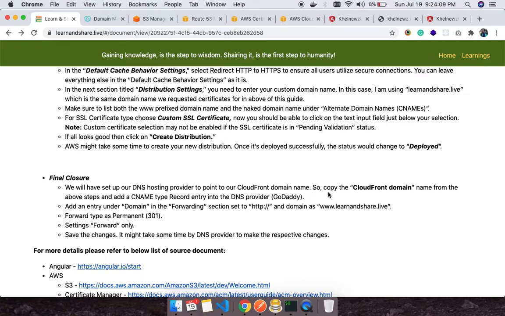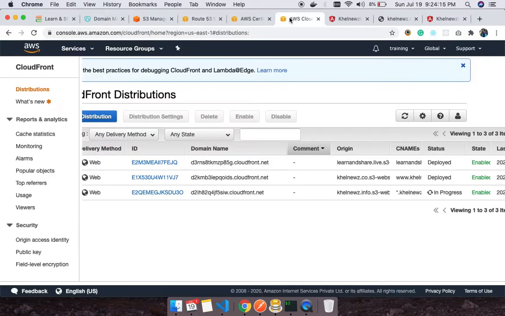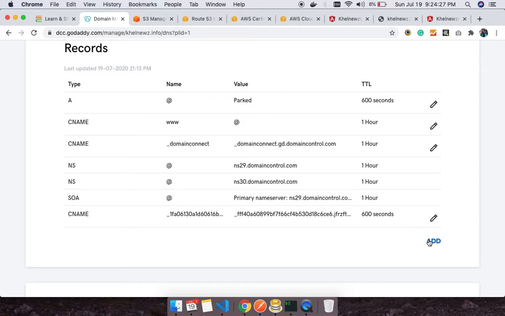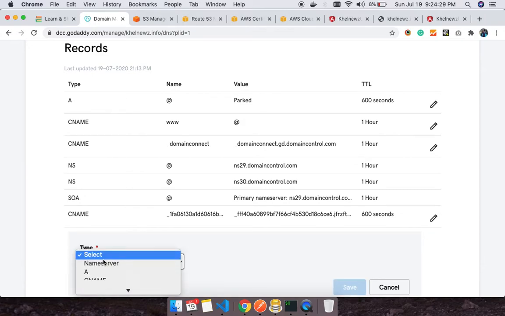So we'll have to add this CloudFront domain under GoDaddy. Let's see if that is created. That is still in progress. So for now, we can copy this domain while this is in progress, and we can add another CNAME record type.